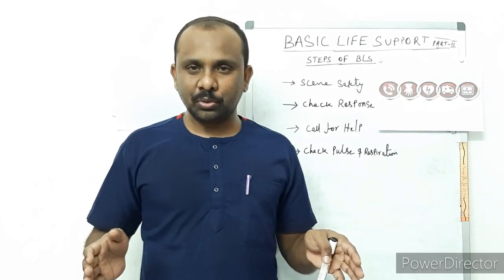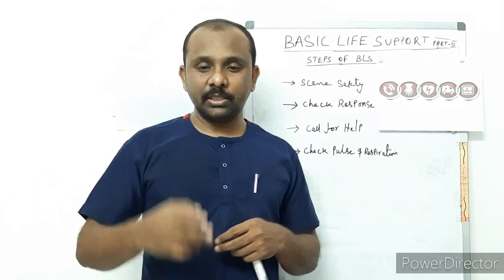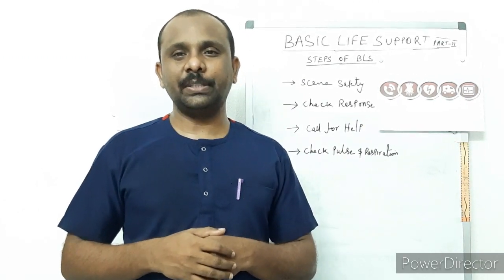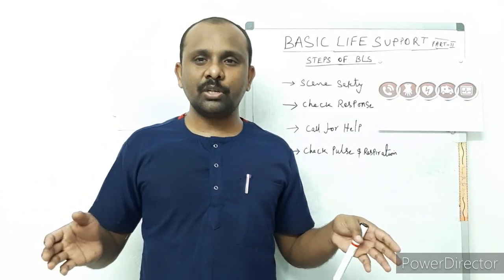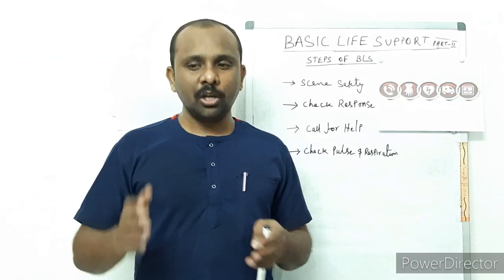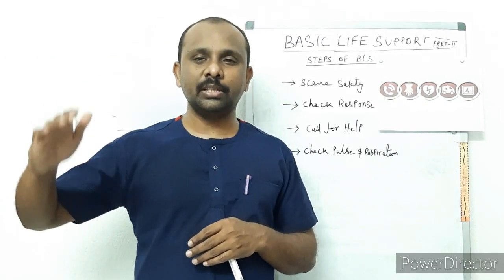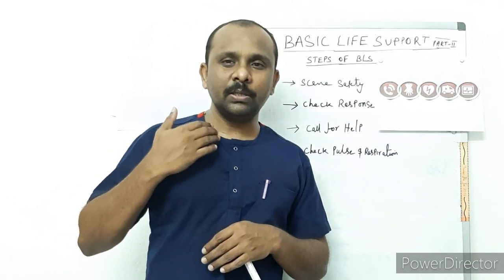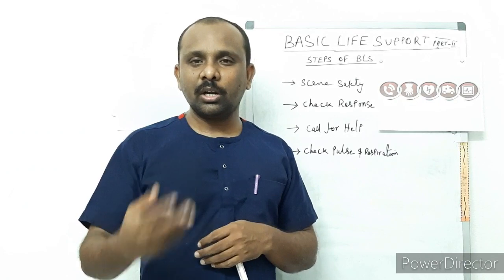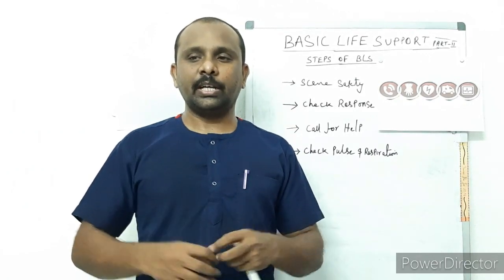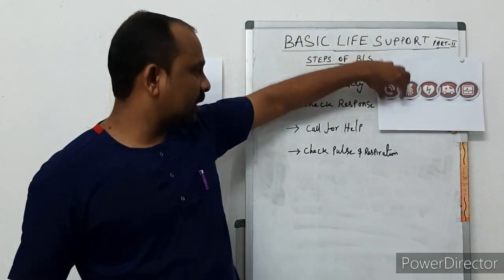3 actions you should do. One is you have to feel the carotid pulse, right? The second action is you have to see the respiration. The third action, you have to count the timing. So these 3 actions we have to do simultaneously, right? Your eyes over the chest, you are scanning for any movement of breathing, whether there is or not, right? You are checking the pulse, any signs of carotid pulse there or not, right? Then you are counting the time.